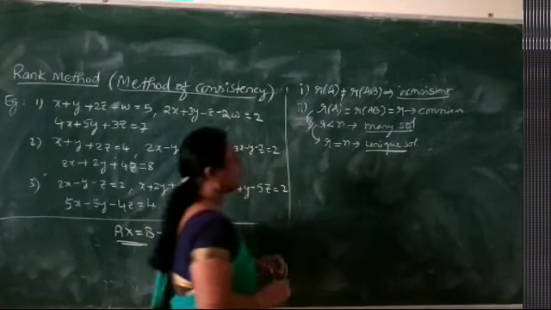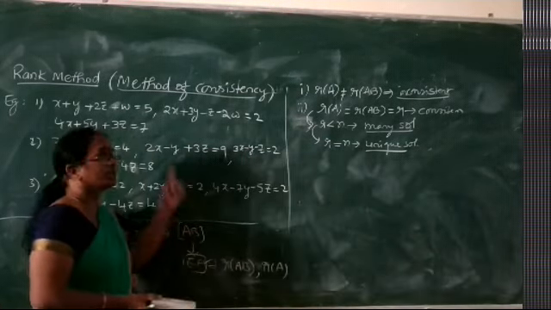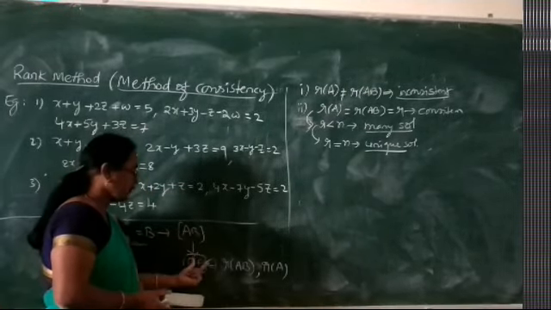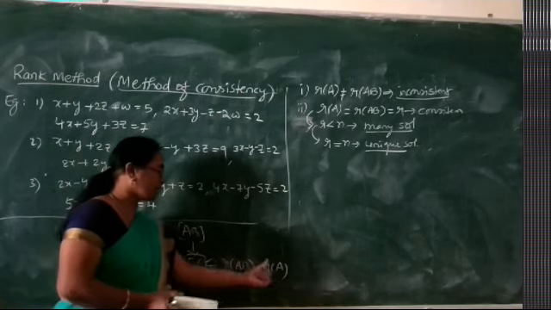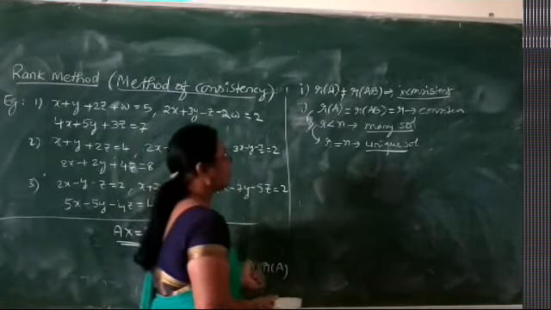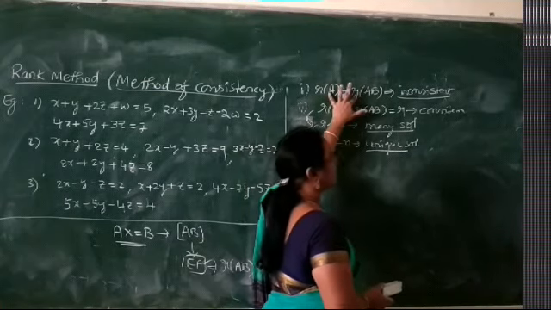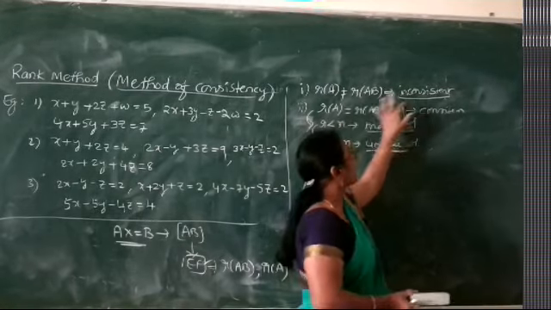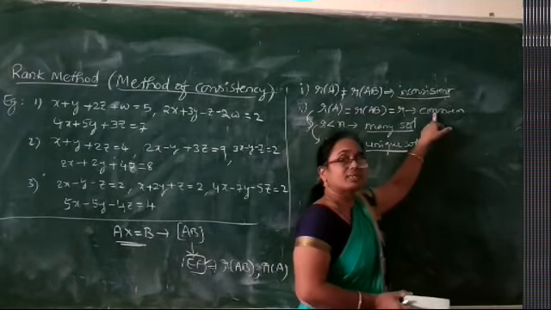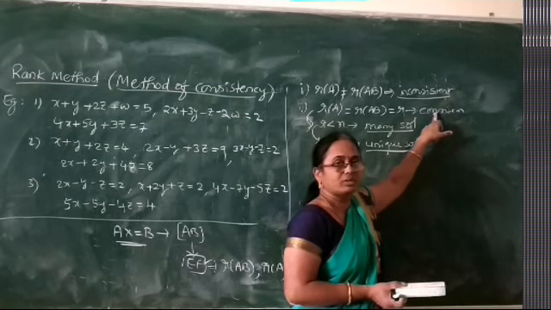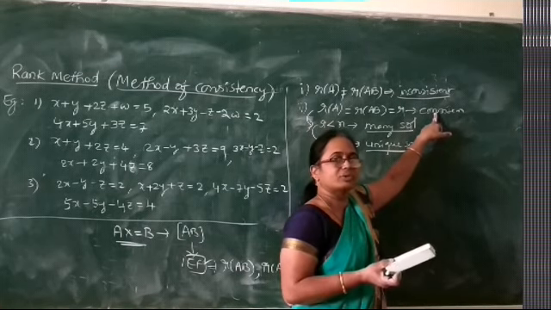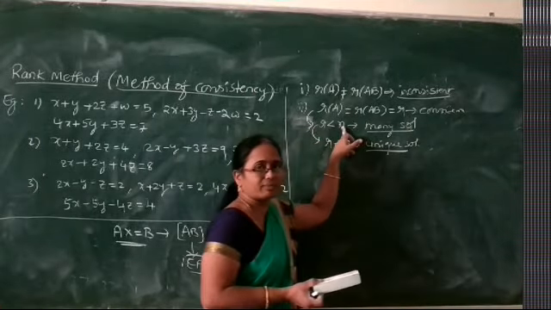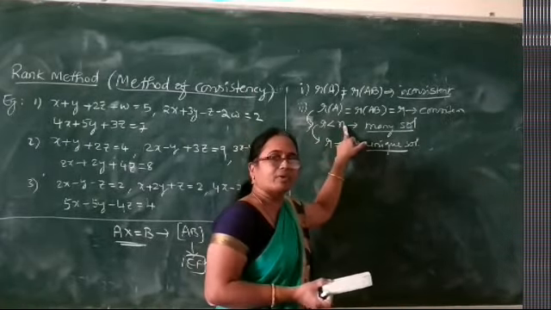So this is how the given system is solved by using the rank method. We consider the augmented matrix, reduce it to echelon form, then determine the ranks of A and AB. On comparison, if the ranks are not equal, the system has no solution, it is inconsistent. Once the ranks are equal, the system is consistent, we have at least one solution. And to determine the type of solution, we compare the common value r with n, the number of unknowns of the system.